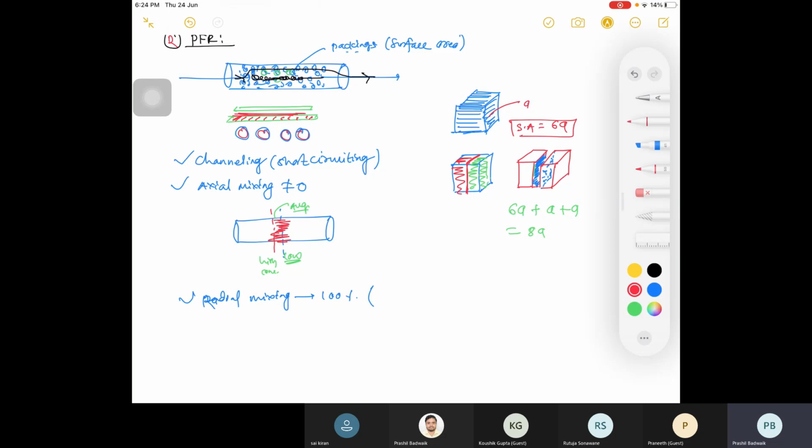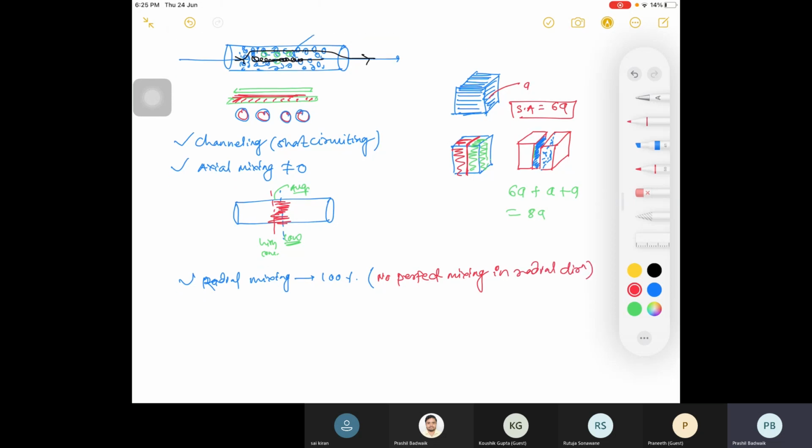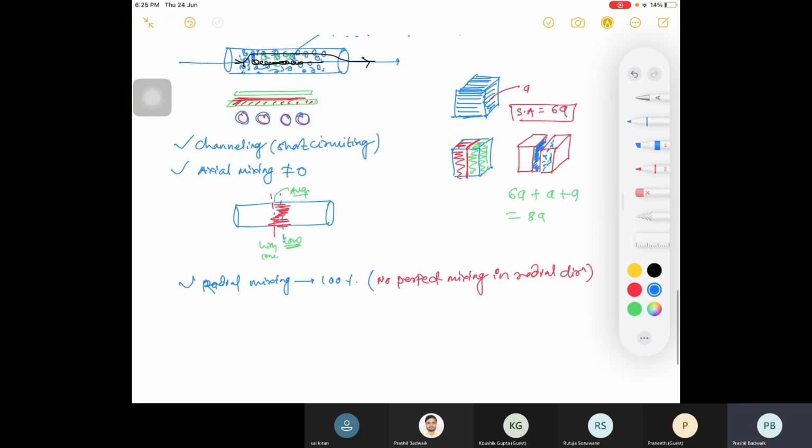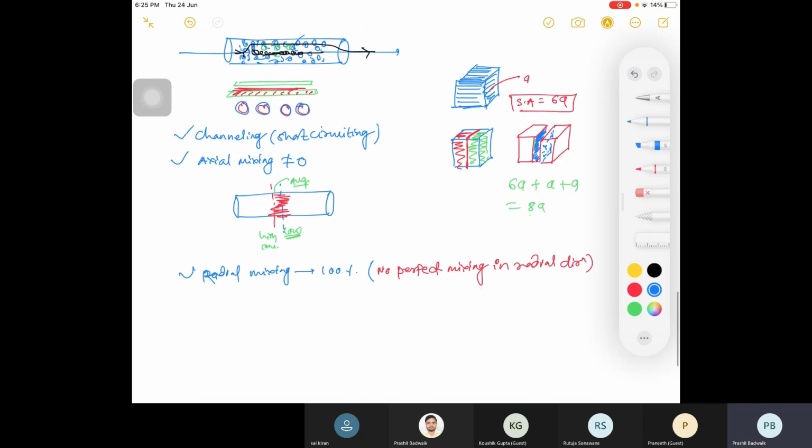Radial mixing, or no perfect mixing in your radial direction. Okay, this is kind of one. ये हो गया. Have you imagined यहाँ पे भी डेड जोन रह सकते हैं PFR में भी, डेड जोन जहाँ पे एक बार मॉलिक्यूल एंटर कर गया सो इट विल नॉट रिएक्टिंग.